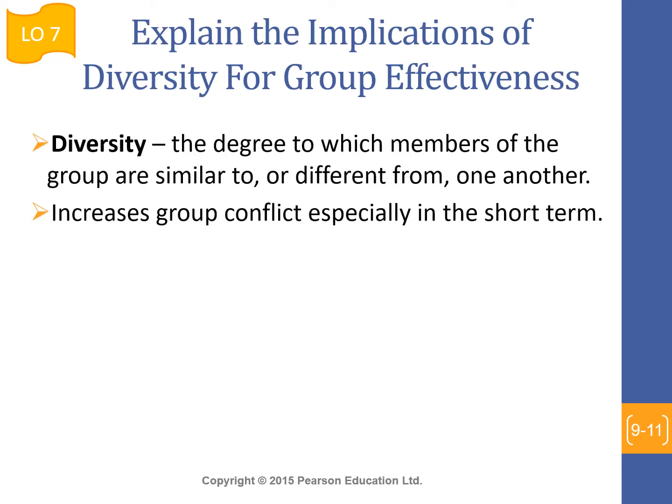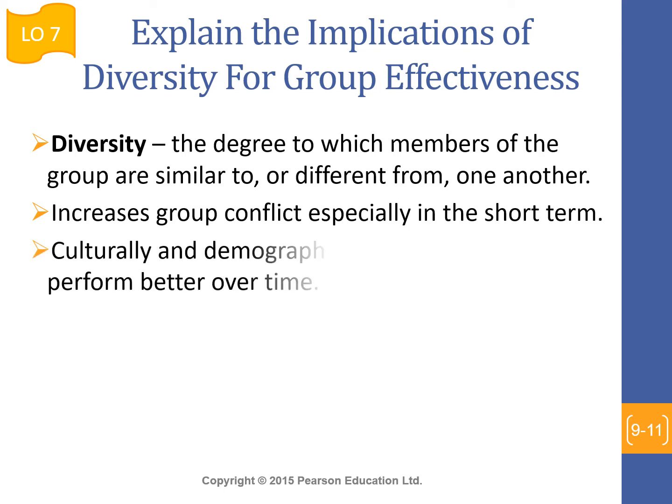Alright, so next, explaining on the implications of diversity for group effectiveness. Diversity, you pun dah belajar dalam SMG 453 juga. Diversity ialah differences that you have within the group. So benda ni penting, sebab this is the thing that make your group is different towards the other. Okay kan? So penting untuk you jaga, tapi you have to remember diversity can cause conflict, sebab kadang-kadang kita tak faham dengan perbezaan tu dan dia boleh menyebabkan konflik.